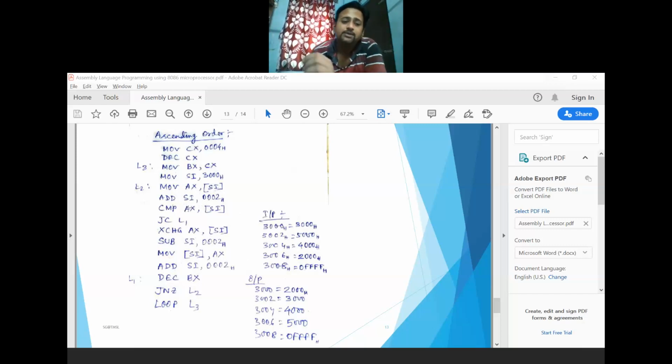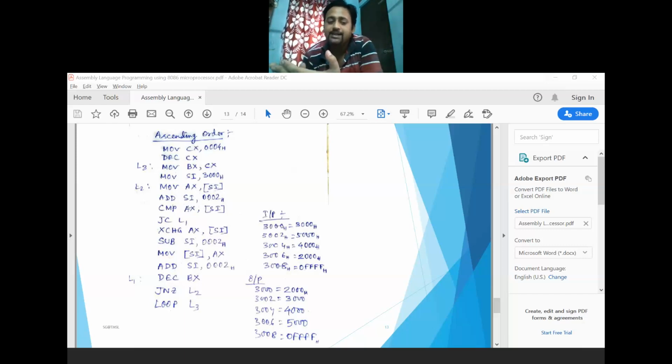Now after comparison, you have to check whether there is any carry or not. If there is a carry, it means it is in ascending order. So my first number is the lowest one and the second number is the largest compared to the first one. If it is in ascending order, I don't need to exchange or swap the contents.